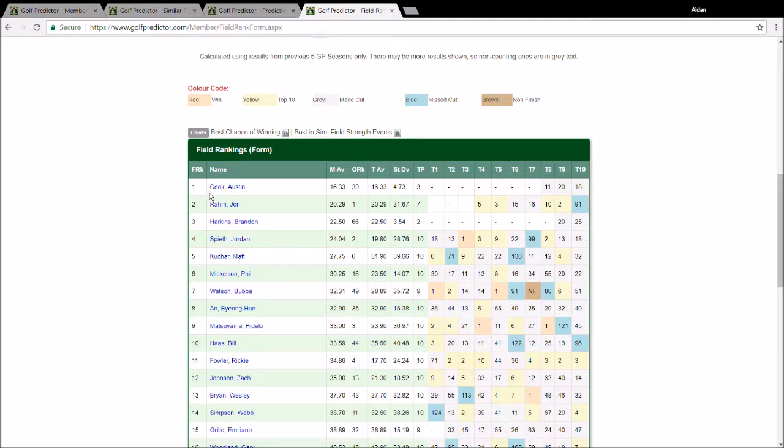So in this case, Austin Cook is ranked number 1. If we remember from a few moments ago, Jordan Spieth was ranked number 4, so there he is 4th in the list. And over here on the right hand side, we have their last 10 counting tournaments. So for example, you can see there Jordan Spieth, he finished 18th in his last event, which had a similar field strength to the Phoenix Open, and 13th and 2nd